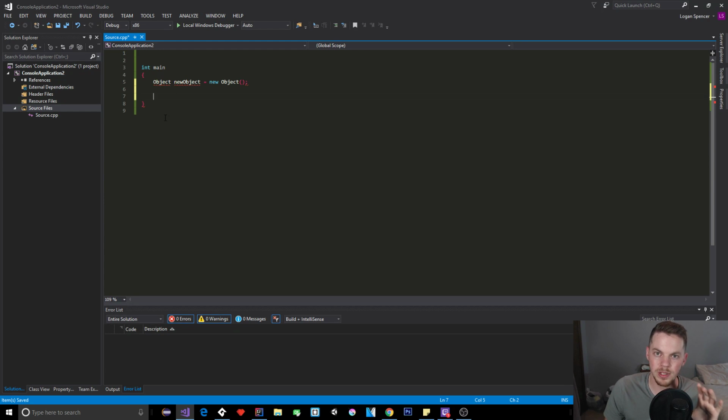But in C++, it doesn't automatically clear up that memory. So if you ran this over and over and over, and you keep creating this new object, it would eat up your memory and it would never delete it. And that's what automatic garbage collection is. So in this, for every time you use new, you have to use delete